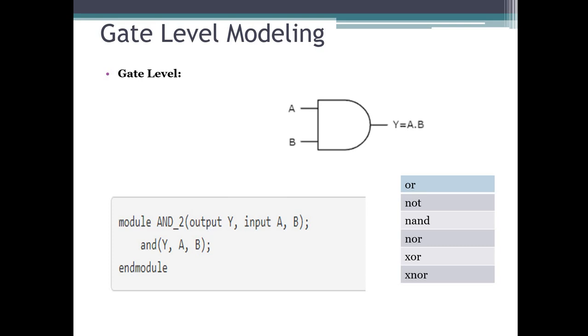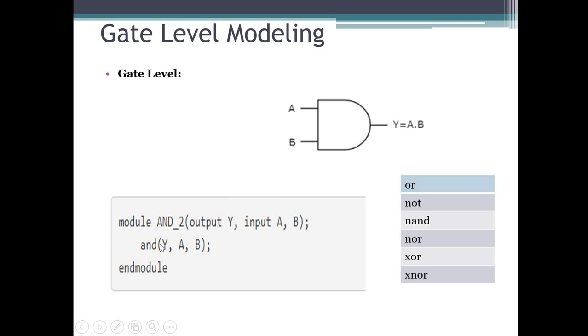Previously you have seen that I wrote the input and output terminals and then explicitly declared what is the input and what is the output. There is another way to declare things. You can directly declare your output, which I am declaring as y, and the inputs a, b. So a and b are inputs, y is the output, and it will produce y is equal to a dot b.